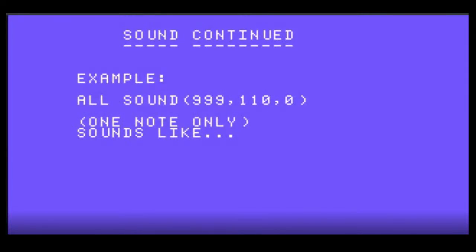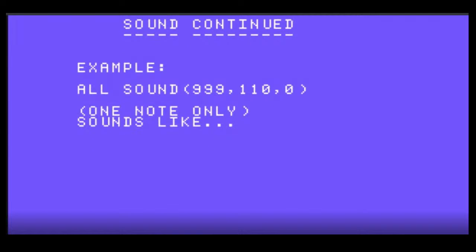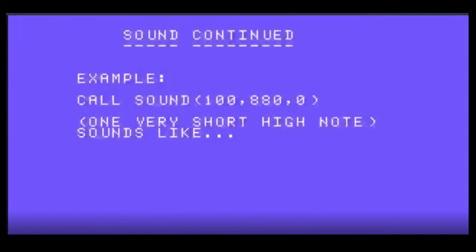Sound continued. For example, I think that's a typo in the program, should be call sound 999, 110, 0. One note only sounds like, okay. And sound continued. Call sound 100, 880, 0. One very short high note sounds like